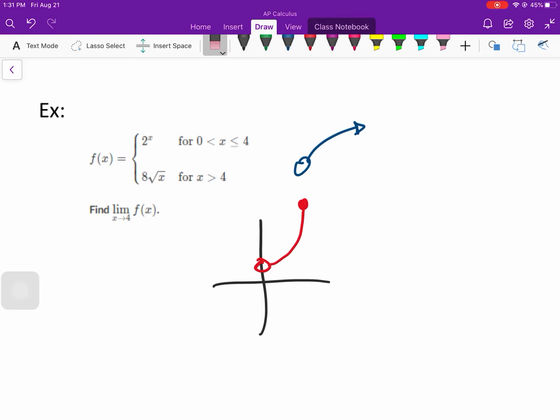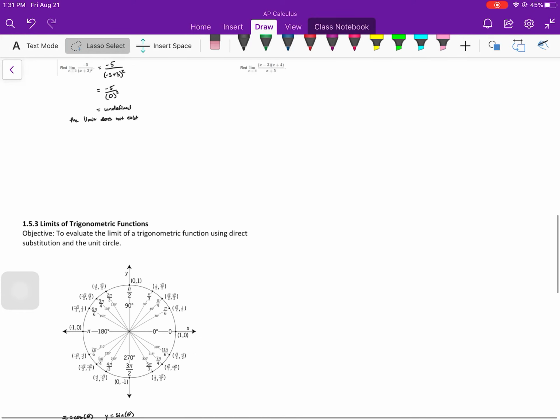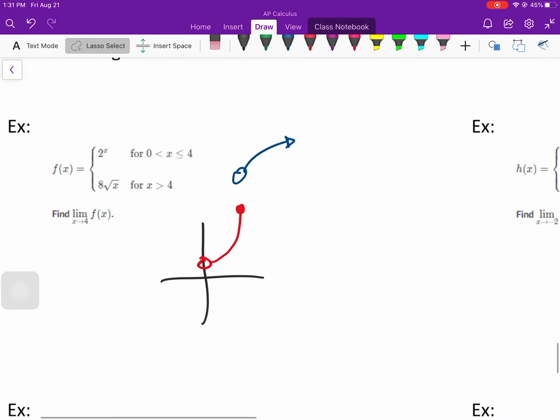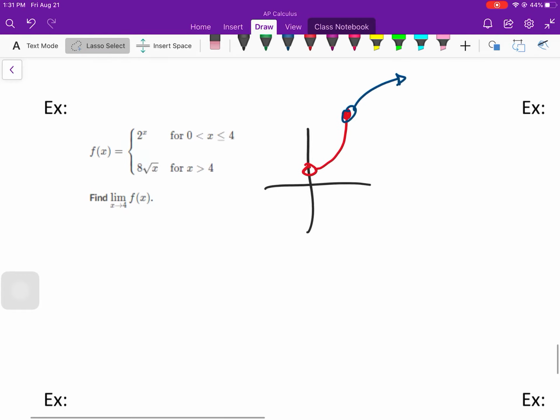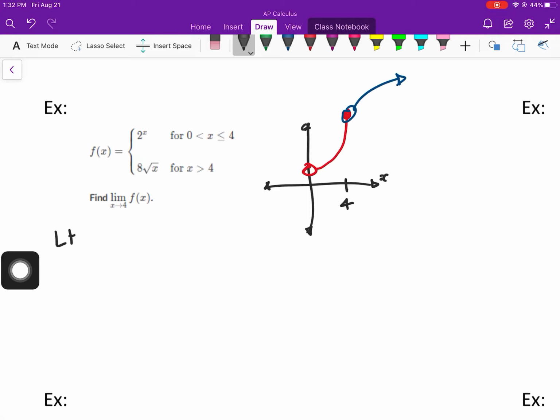And I'm actually going to keep the graph. Let me go ahead and keep the graph. Use that as reference just for an understanding for us. That right there is where x is 4. That's our x-axis. All right, so let's do the left-hand limit. We're going to approach, its limit as x approaches 4. So for the left-hand limit,